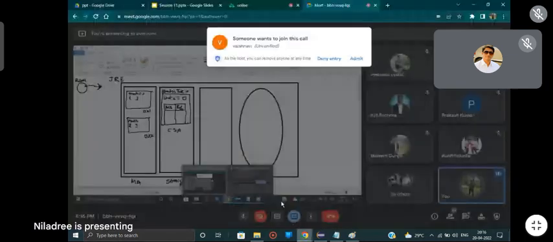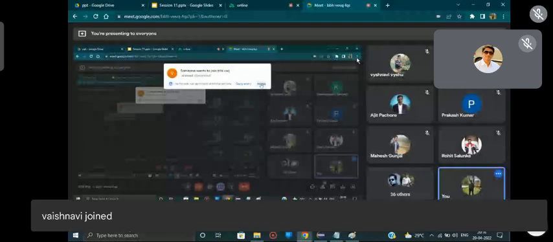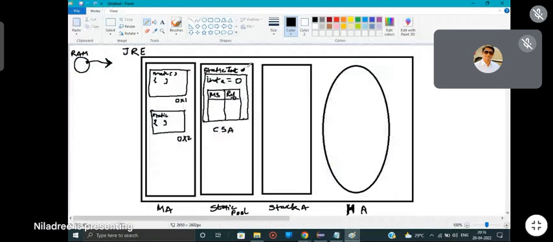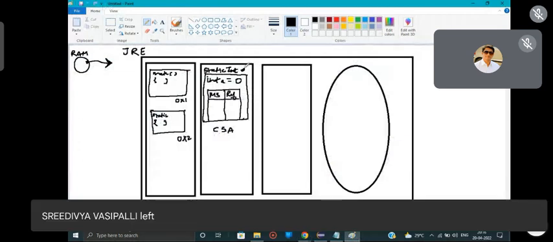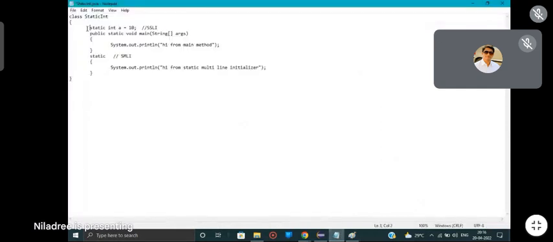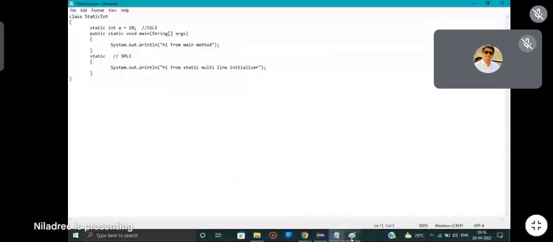So by the name of our class, a block has been created, which is known as the class static area. Now, next, all the methods and all the multi-line initializers will get loaded in the